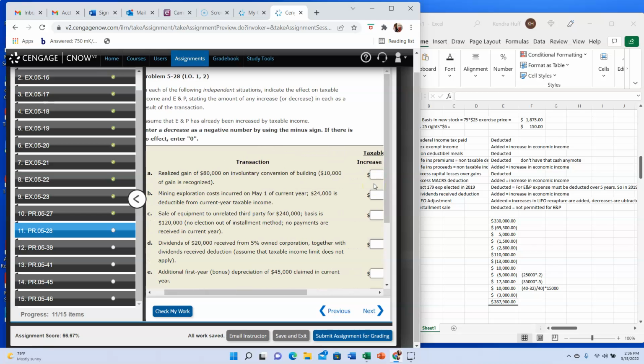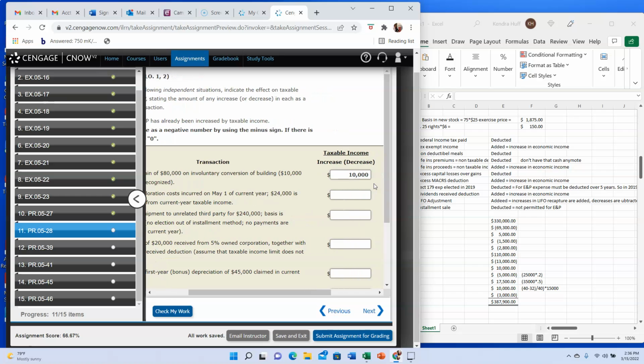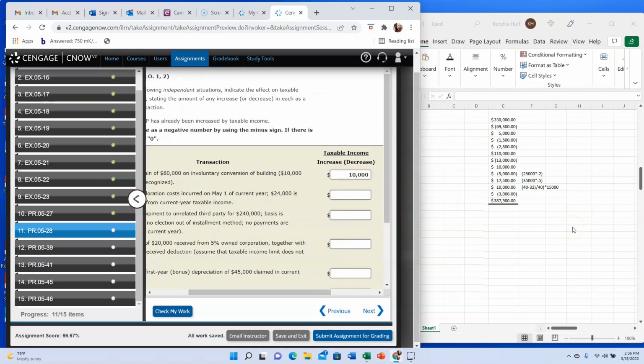All right, mining exploration costs incurred on May 1st of the current year. $24,000 is deductible from current year taxable income. Guys, calm down. Okay, so it basically tells us that $24,000 is deductible from taxable income. So we have that one. However,